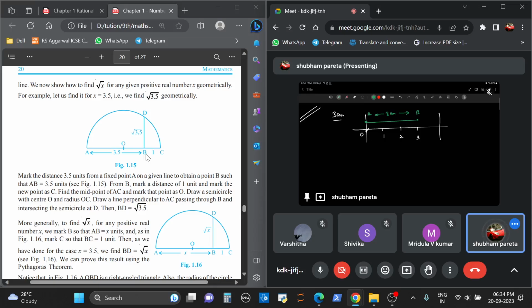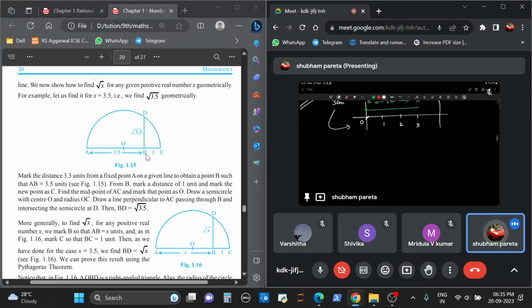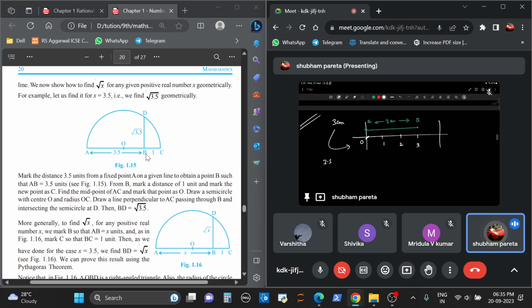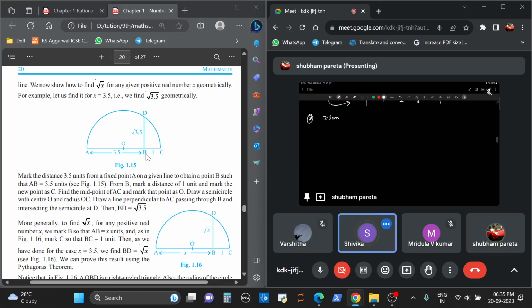Okay, fine. So now this is a very usual method of representation of a rational number on a number line. But apart from this there are other things as well. For example, if I want to represent 3.5 centimeter, this is the second case. How will I represent 3.5 centimeter? That can also easily be done over here, isn't it? But apart from that thing, for example,